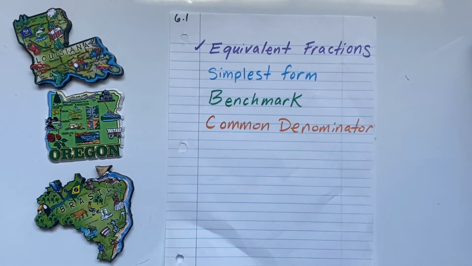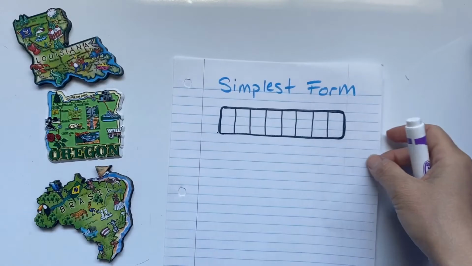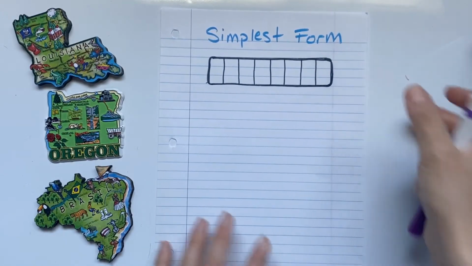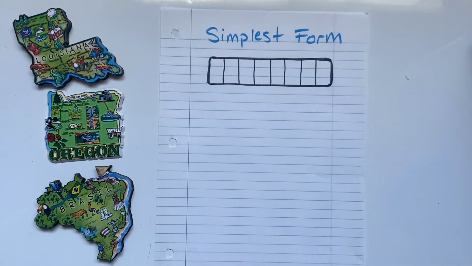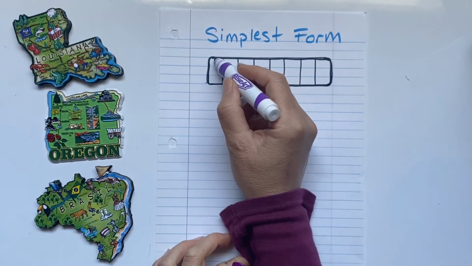Okay, the second vocab for this lesson is simplest form. So when we talk about simplest form, we are wanting to combine parts of the fraction so that we have the least number of pieces. So if I were to shade in this fraction,